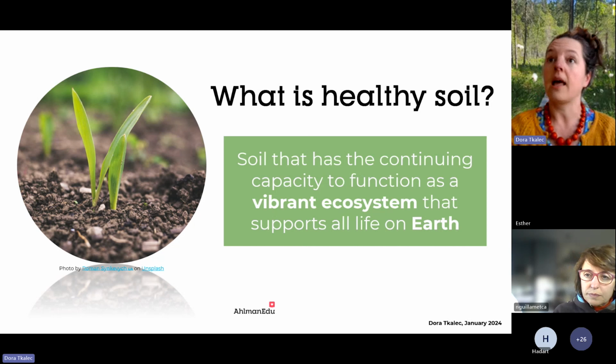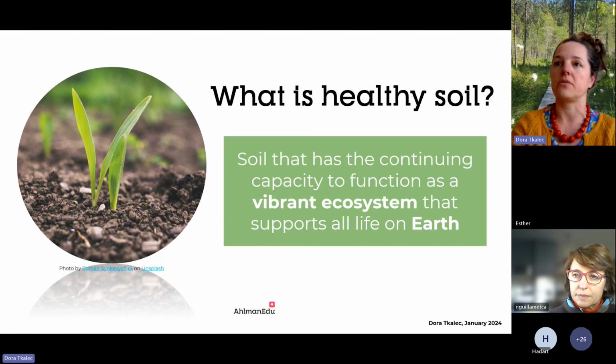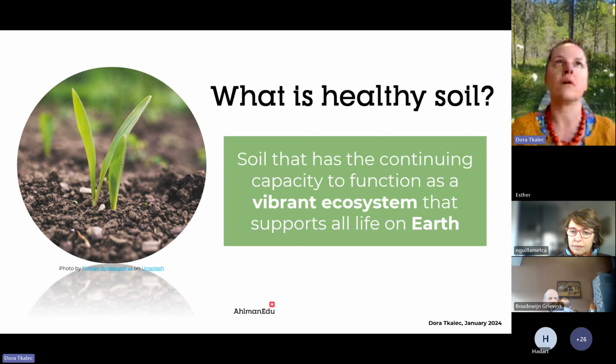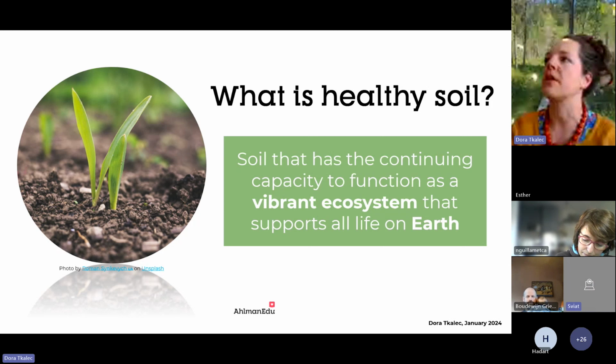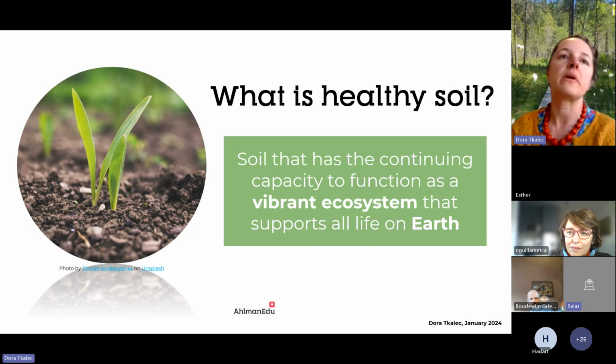It's complex, and when it's healthy, it has the continuing capacity to function as a vibrant ecosystem. It supports all life on Earth. Together with the plants, it creates a thriving and vibrant ecosystem. So when we are talking about the soil as an ecosystem, it means that it is very, very complex, far beyond our current understanding of what exactly is happening, but we are beginning to scratch the surface, no pun intended, to understand what is actually going on and how the soil is one of the major elements on Earth that